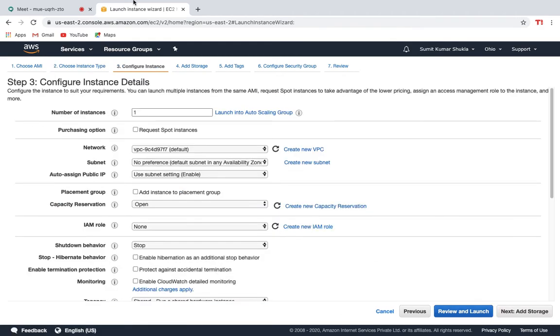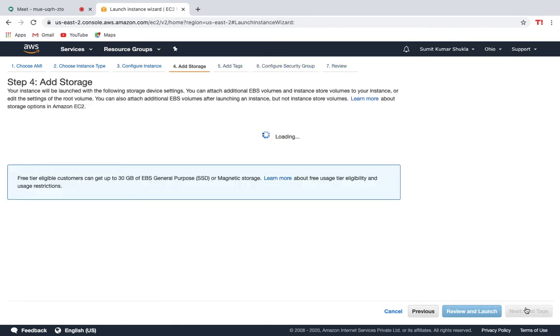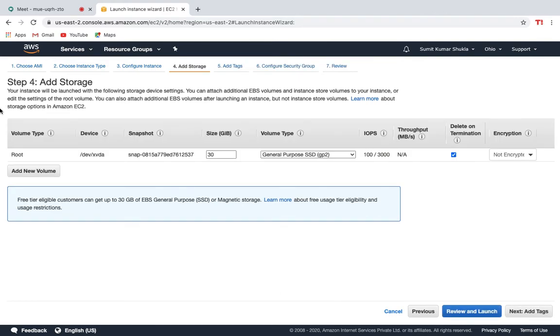Number of instances 1, IAM role none, everything is fine. Next, add storage. Let me give it something small. It's 8 GB.